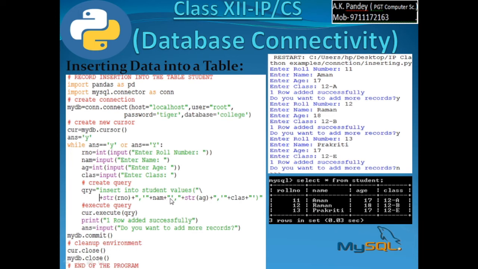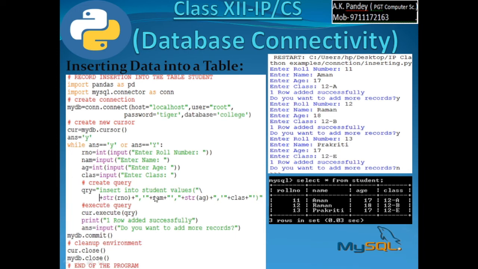Name was already a string, can be concatenated easily without any problem. And plus, then in inverted commas a string is given, single quote comma, this should appear as it is. Then str of age, since age was being entered as an integer and therefore converted into a string for concatenation using the plus operator. And then in inverted commas comma, then single quote again, because class should be within single quotes, having string type. So string type values are written in single quotes. Here also single quote and the bracket has been closed as a string.